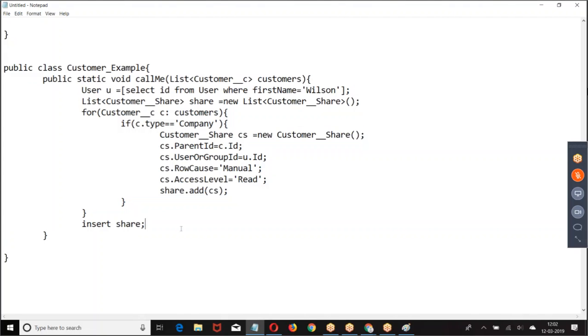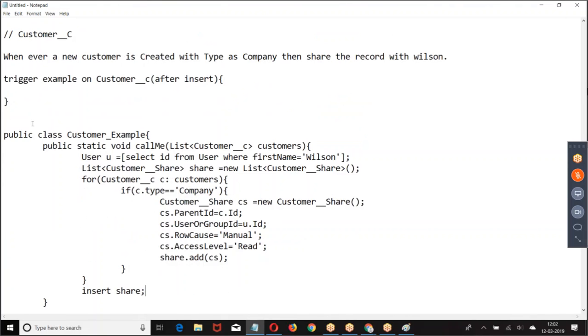Done with this. You call the trigger within the example here. This is how I'm going to bring the customer example, calling the trigger.